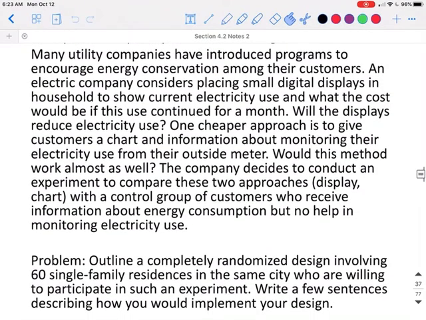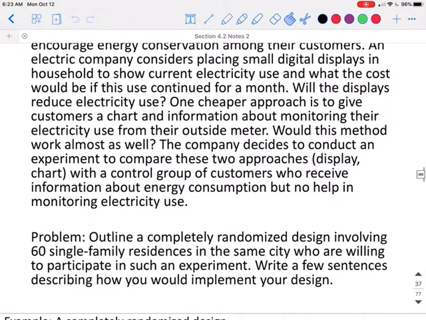Many utility companies have introduced programs to encourage energy conservation among their customers. An electric company considered placing small digital displays in the household to show current electricity use and what the cost would be if they used that amount continued throughout the month. Will the displays reduce electricity use? One cheaper approach is to give customers a chart and information about monitoring their electricity use from their outside meter. Would this method